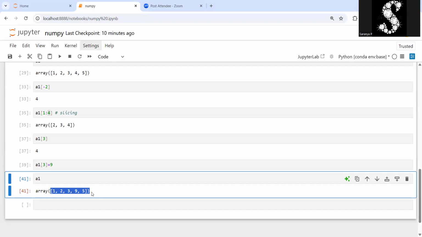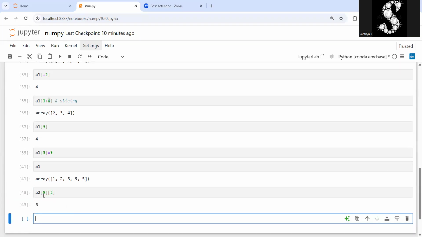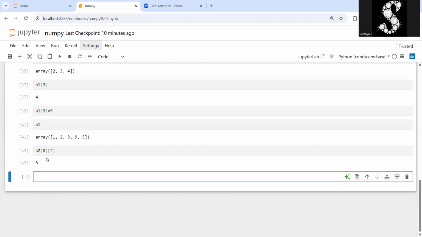The same thing can be done with a two-dimensional array. With indexing, I can access the elements and even update the values. So this is the actual value stored in the two-dimensional array: 0th row, second column is 3. What I'm going to do is give some new value here, and it is going to be